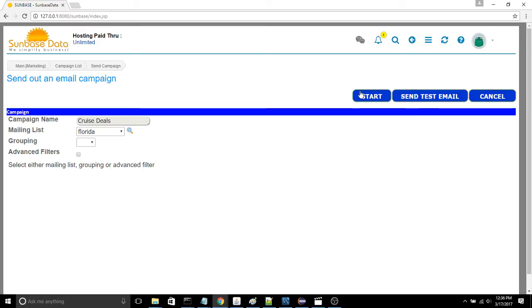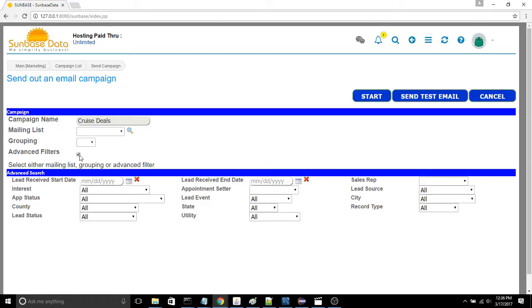It does pace them, so it doesn't send them all at once. It sends like so many an hour, and there are settings that you could use in that email settings to configure how fast it's going to do that. Now if you don't want to pick a mailing list, you don't have to. There is also an option called advanced filters. This allows me to kind of create simple rules. So I could say, okay, any lead that came in between these dates or came from